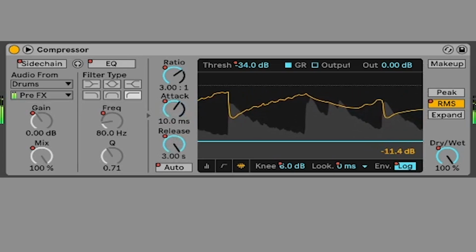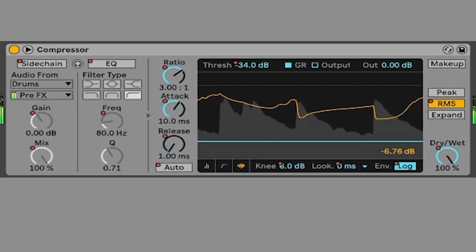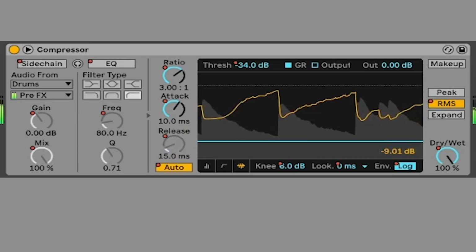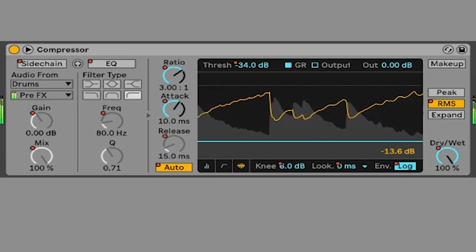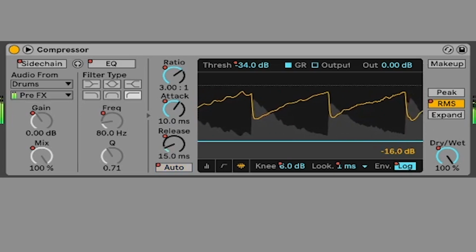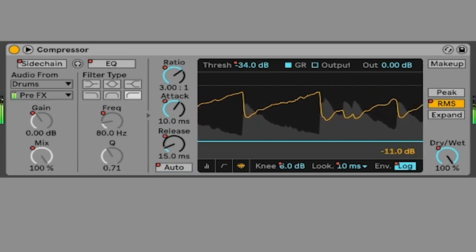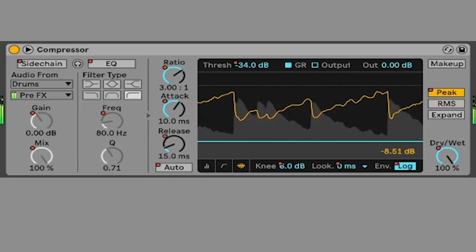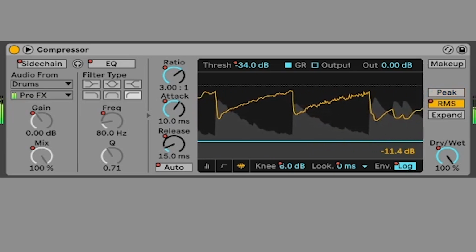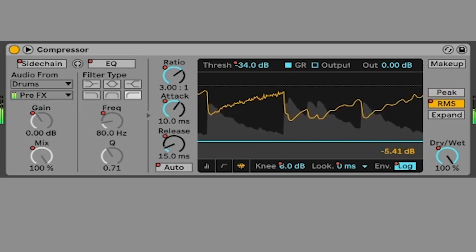The release is the time taken for the compressor to stop reducing gain after the signal falls below the threshold. The auto release automatically adjusts release time based on the incoming audio. The look ahead allows the compressor to anticipate loud peaks, improving the accuracy of gain reduction. The peak compression mode focuses on short-term loudness peaks, while RMS averages out the signal level over time, offering a